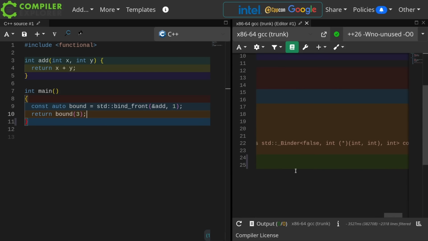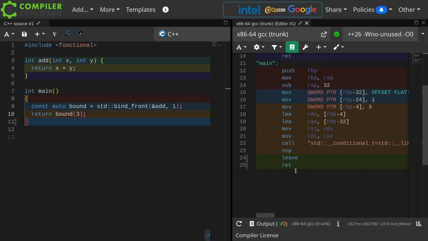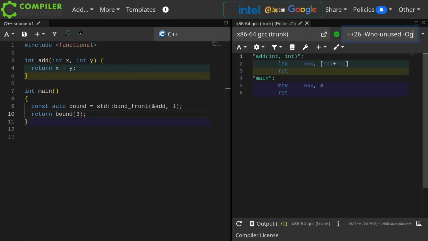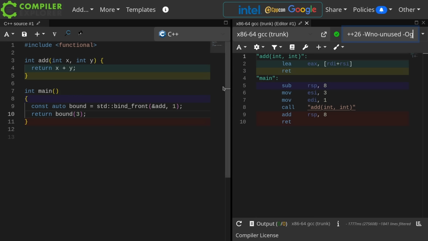And you can see the actual thing that was generated here. That's a big name. Let's try O1. O1 still knows at compile time this is an add function. So how do I, what if,